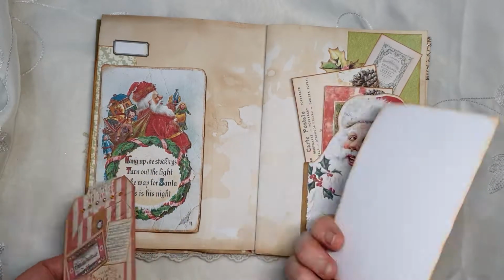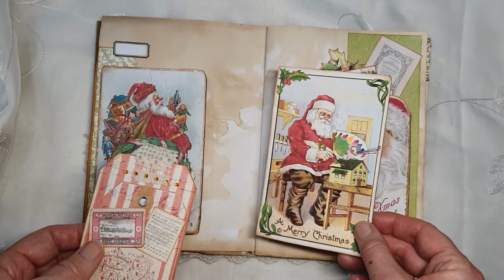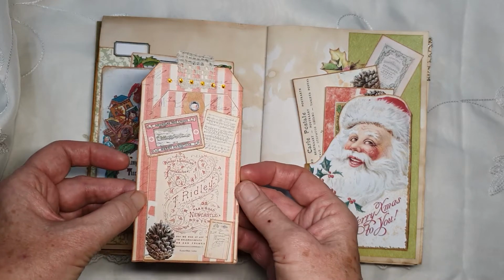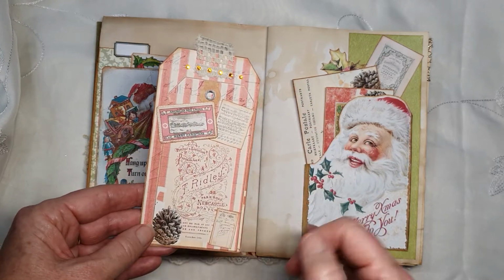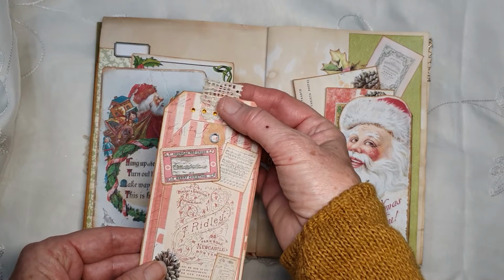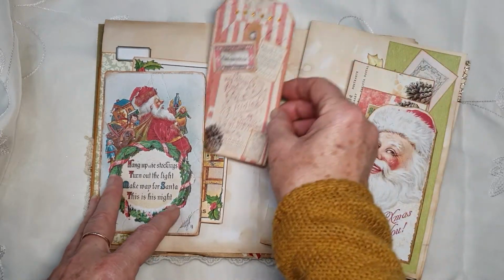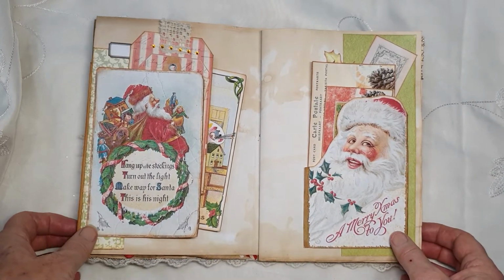And then backed these with just some white paper this time, just again to give a bit of variety. Popped that in there, and this was 2 tags, a smaller one and a bigger one from today, but I've glued the smaller one onto the bigger one to give a bit of a little layered effect. I've used a few of the small elements to provide a little bit more interest. Again, used a piece of that lovely vintage lace and some little bits of glitter across the top there. And again, I thought that probably looked nice layered up onto that page. So that's the double page spread